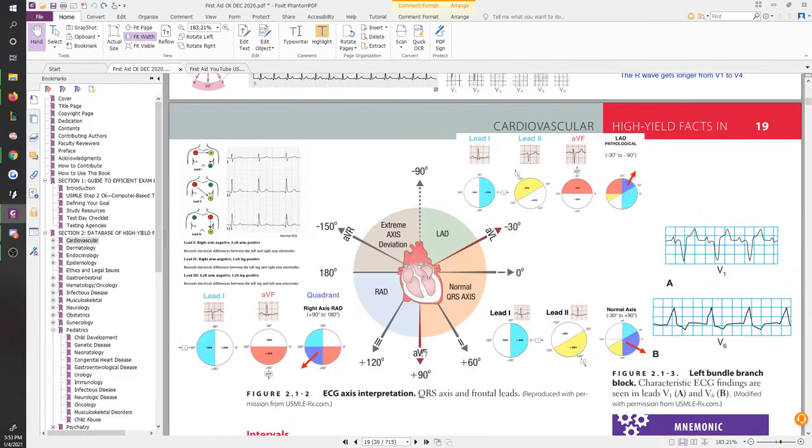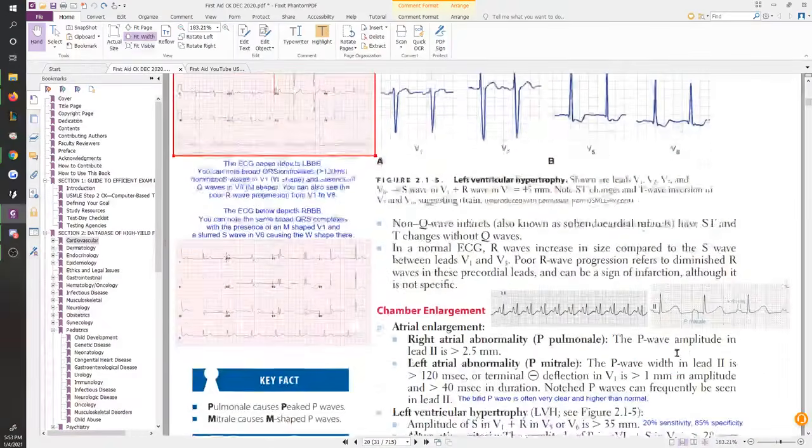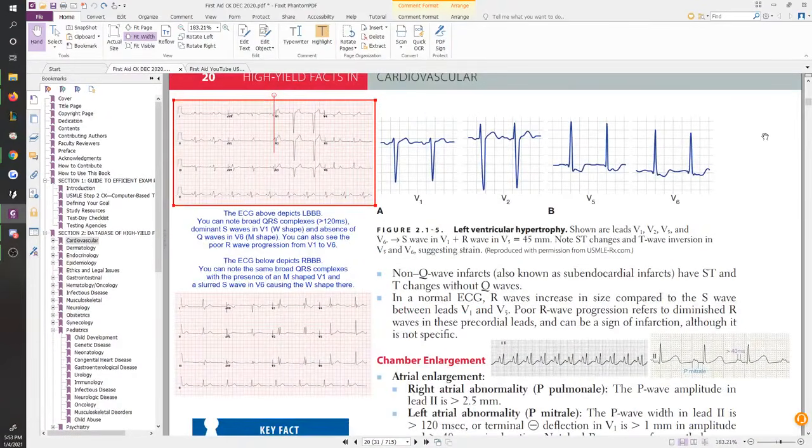They can't because you lost this area. The left heart is pointing so much towards the left side, it's working so much more powerfully to the left side that the axis shifted towards this green environment, moving away from 2 and aVF. So now 2 and aVF point downwards. So let's take a look at these. They didn't give you the full ECG, but I have more further in the book for full ECGs. It's better to look at full ones. But this is just to get a point across.